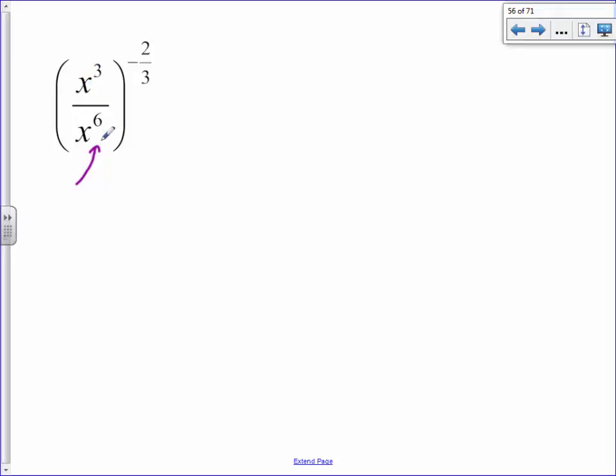Subtract. Okay. So 3 minus 6. Okay. Why don't we first go with that? X to the minus 3. I'll deal with the minuses in a bit, because I know minuses do mean bottoms of fractions. But we still have another operation here. See how these 2 things are here? What's the rule if there's just a single base and then it's to a power? Multiply. So minus 3 needs to multiply by minus 2 over